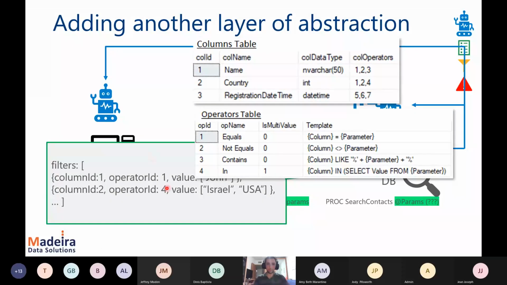So this set of values that comes from the user, this is basically the user input, okay? And any potential hacker, if they hack something, they would be hacking this. Now, thanks to the existence of metadata in your database, you would be able to basically